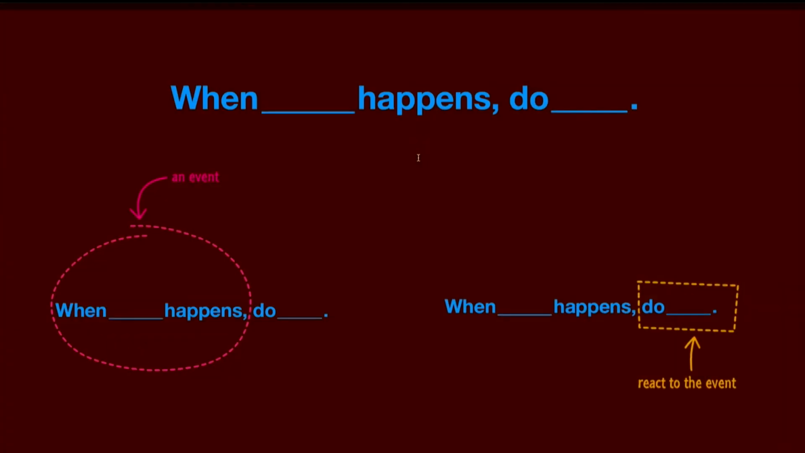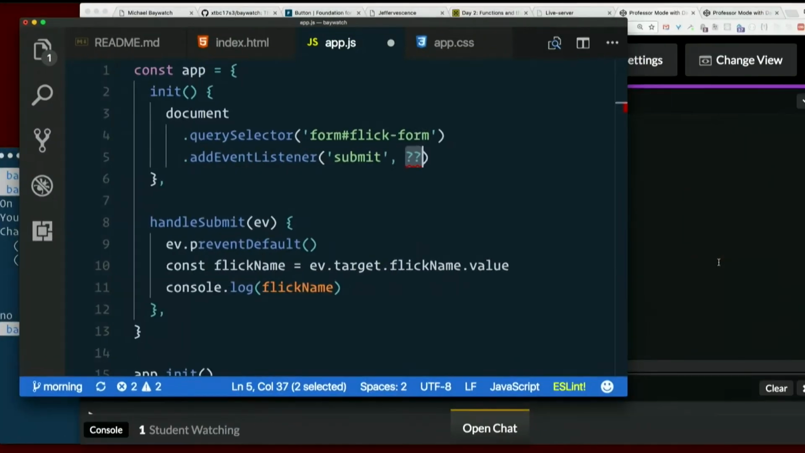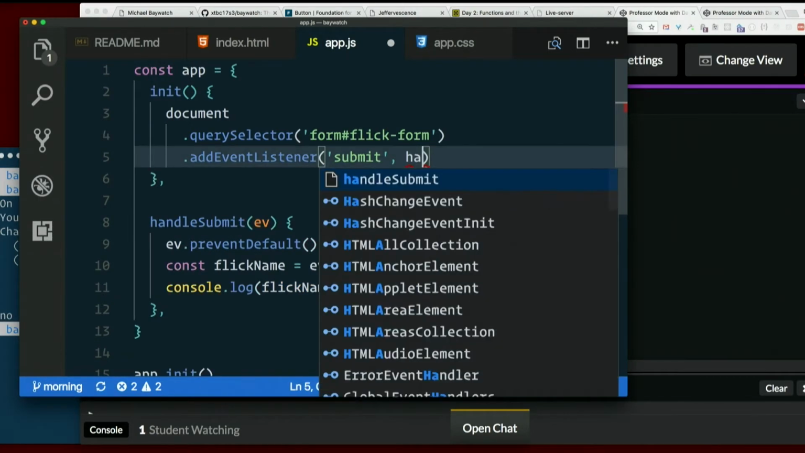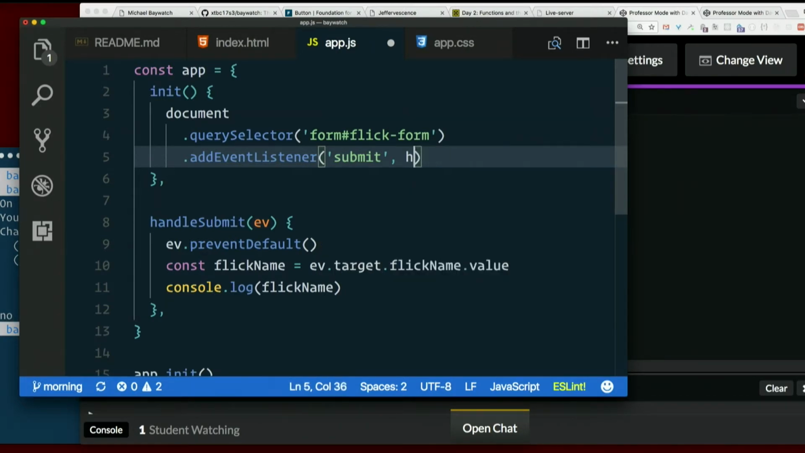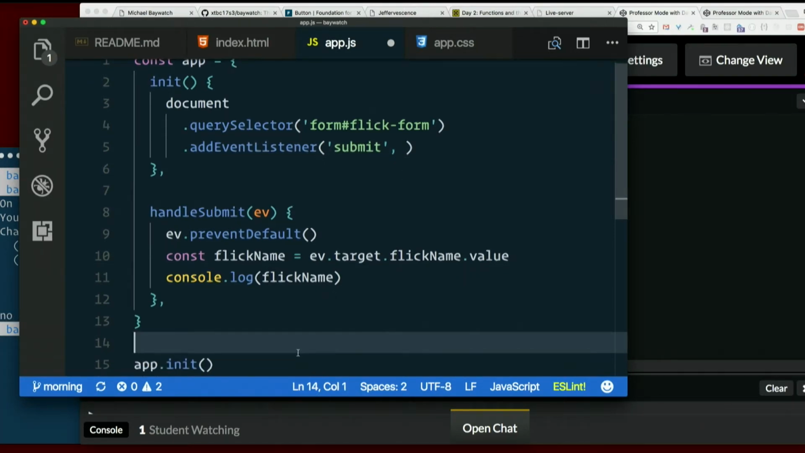So this is when what happens, do what. So we want to run this function, but how do we refer to this function here? So it's not just handleSubmit, right? It's app.handleSubmit. But I don't like that. I don't like, we're in app. I just happen to assign it to a variable name. But down here, I could say,